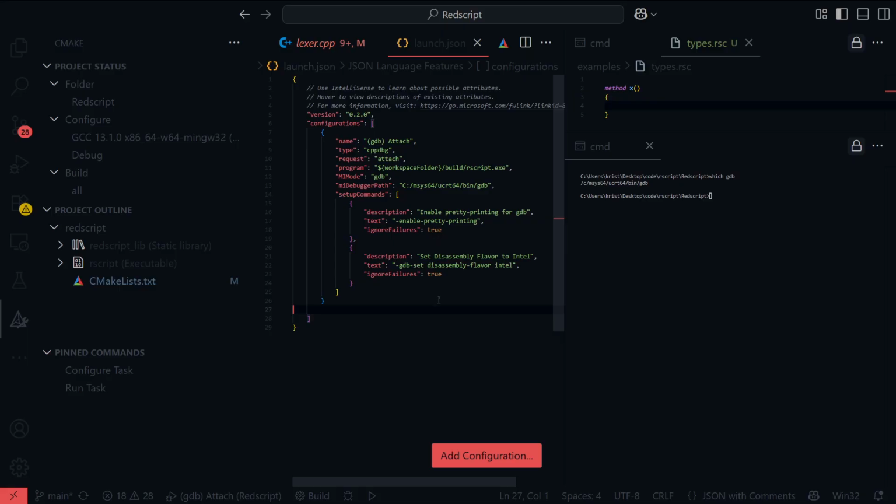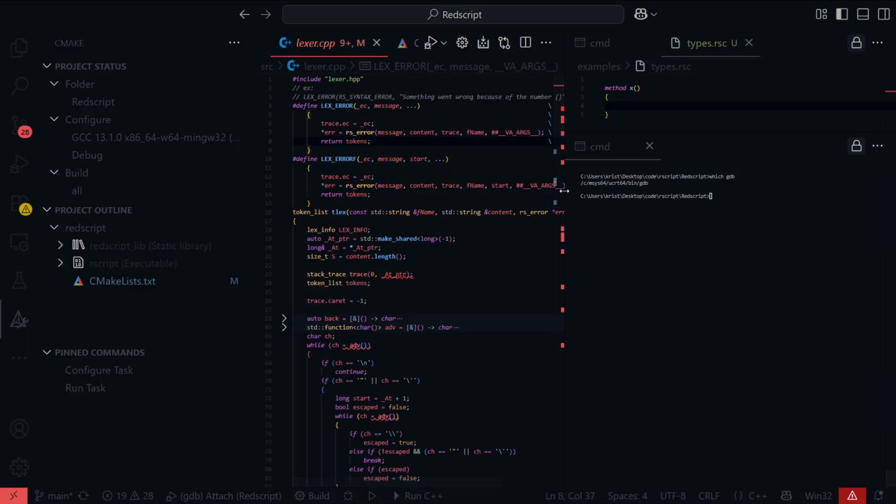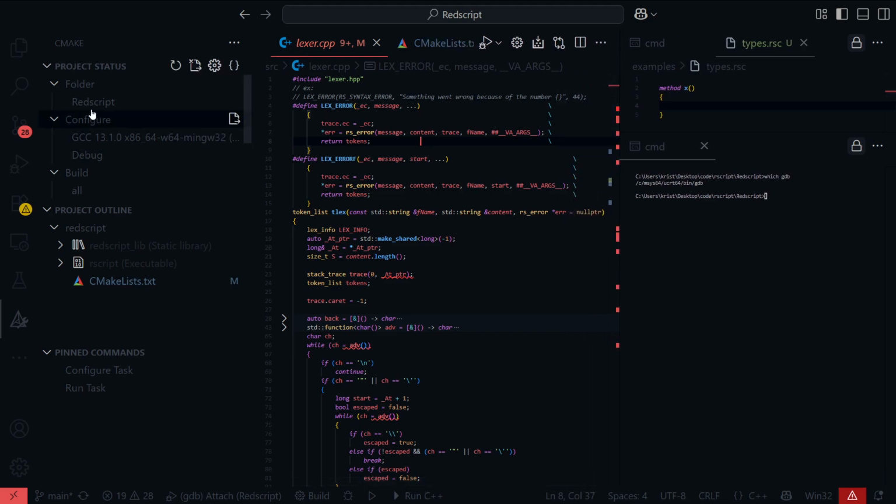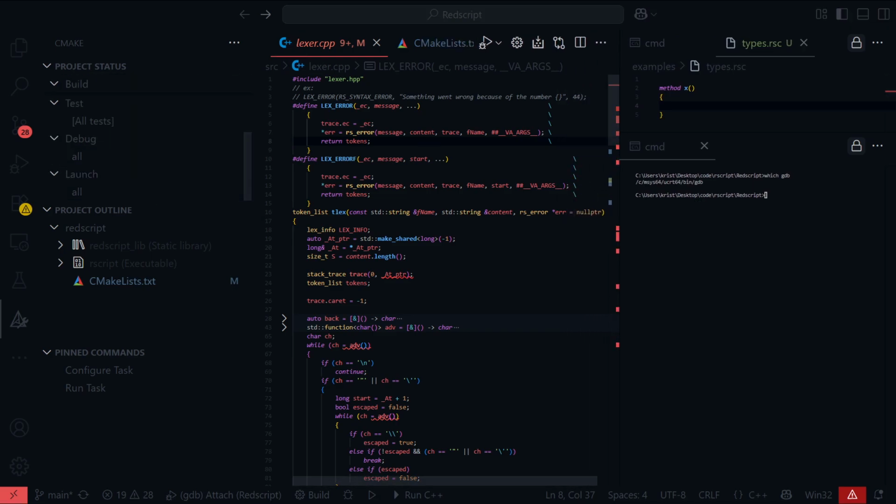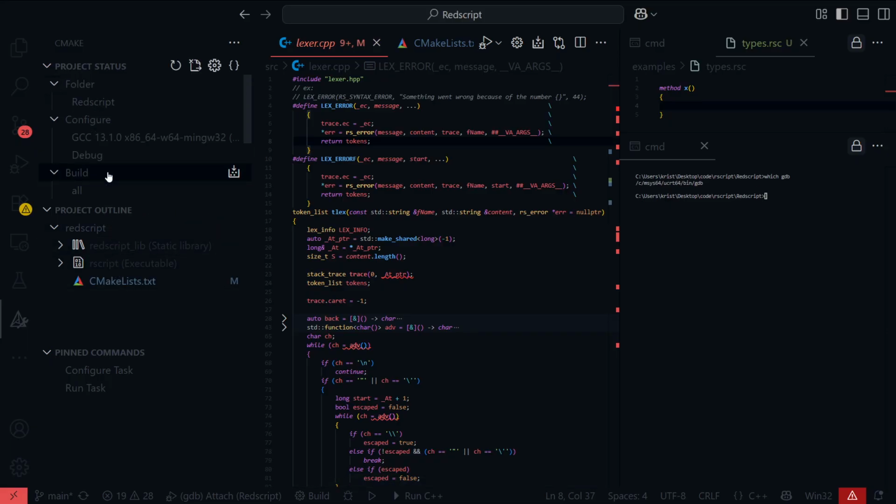Okay, this all works. Launch.json. So can run launch? No? Is that what I want to do? Run build, sorry. Build.